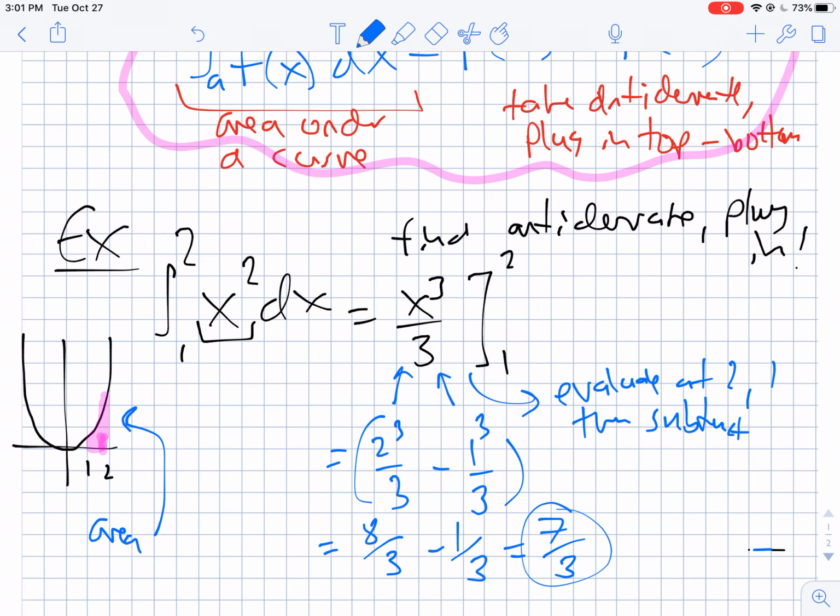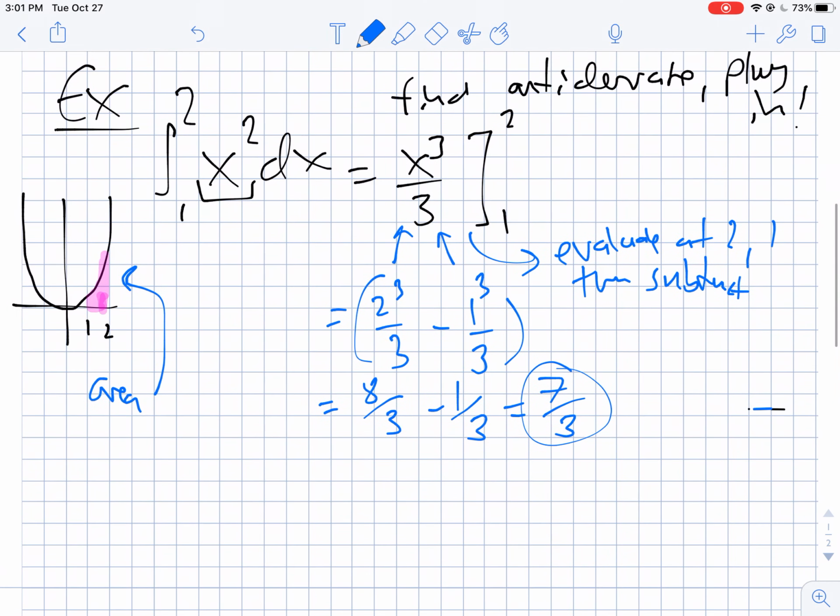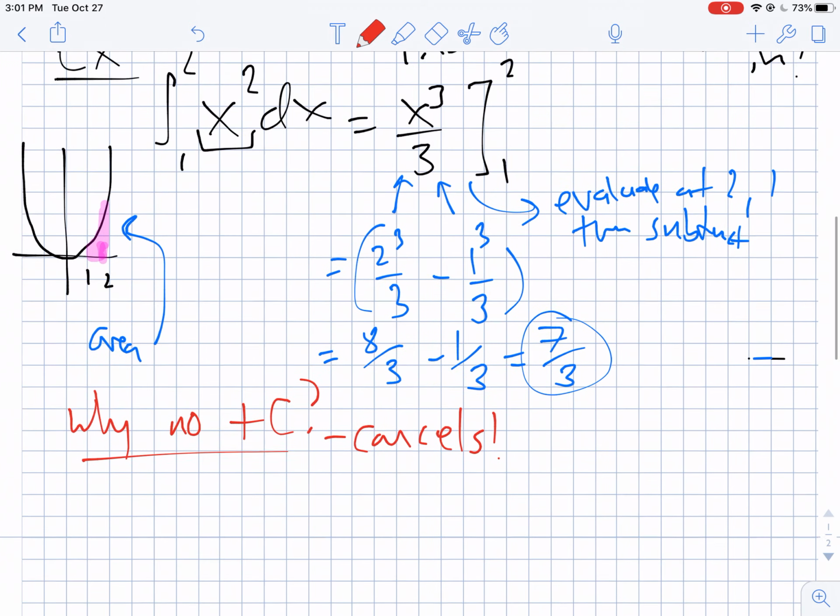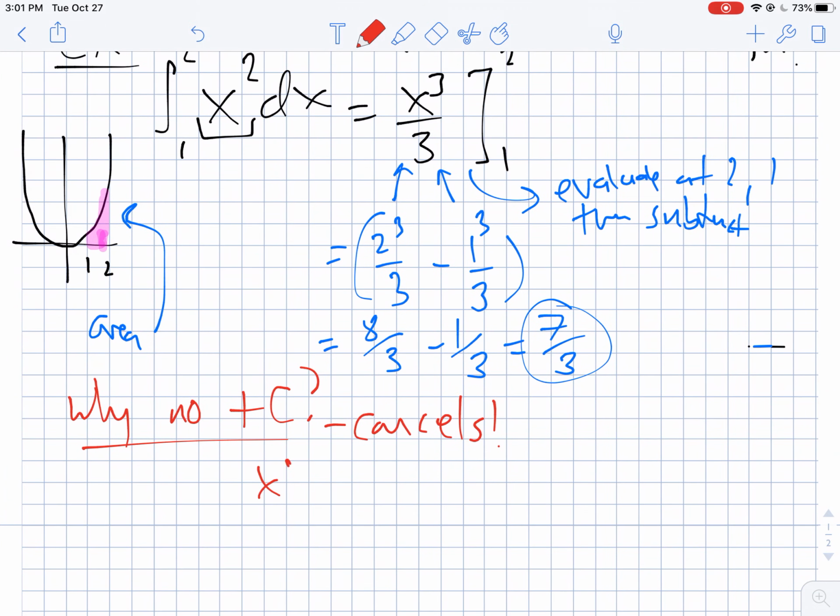Okay, now a couple other things here. You might be wondering why no plus c? What happened to the plus c from our antiderivative? And the answer to that is that it cancels. You can write it if you want, but you don't have to because it cancels every time. Because think about it, if you get x cubed over 3 plus c, and you evaluate that whole thing from 1 to 2,